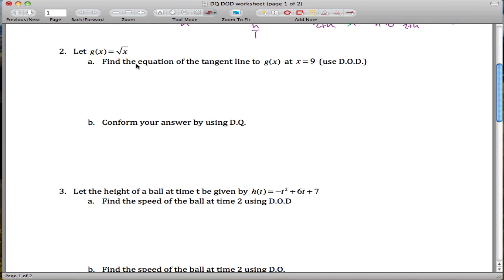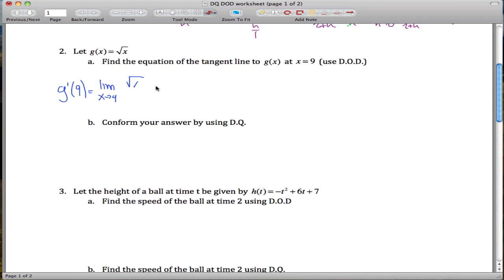Second one, g of x. Find the equation of the tangent line to this using the definition of the derivative. Okay, the definition of the derivative says that g prime of 9, something that I'll need to know if I want to find the equation of the tangent line to g of x at x equals 9, is equal to the limit as x approaches 9 of g of x